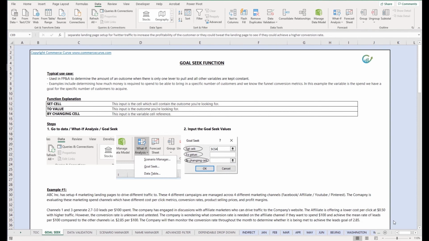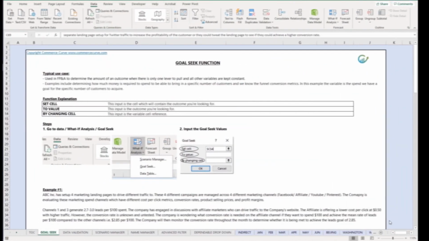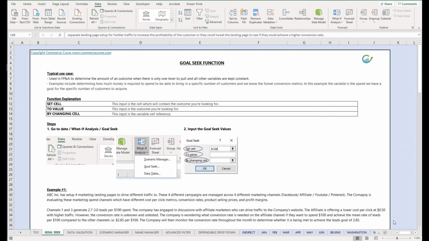In this lesson, we're going to review the goal seek function. The goal seek function is a very useful function built into Microsoft Excel, and it has a couple of very interesting use cases. The first use case is primarily within financial planning analysis, so FP&A, and really the focus here is to determine the amount of an outcome when there's one lever to be able to pull and all other